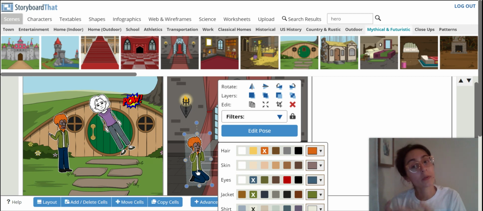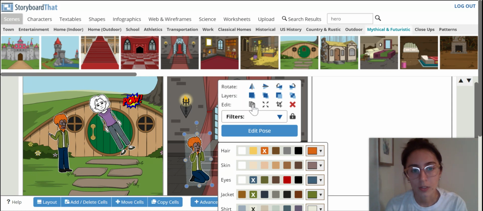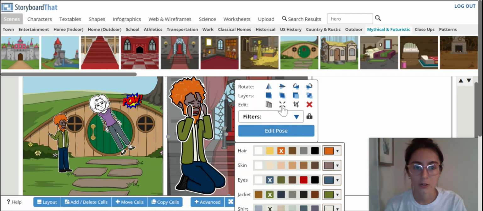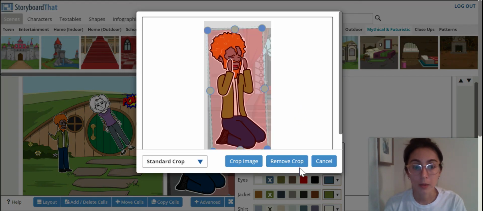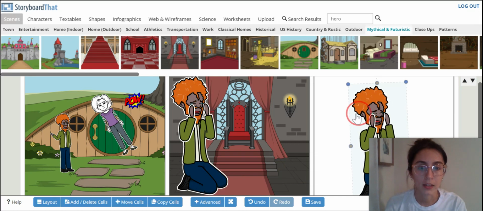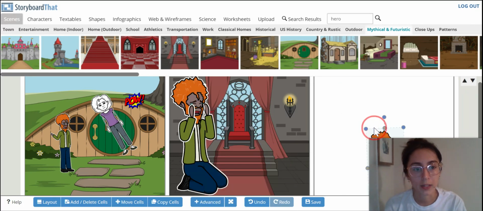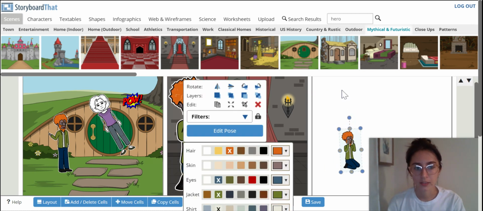So in Storyboardthat, if you take a little bit of time to situate your characters, when you click on them, you can use this copy. What are other options? You can stretch, make them bigger, smaller, easily that way. You could crop the image. And then again, just copy, drag them down. If you don't like them that big anymore, you can just click those little blue dots to resize your character